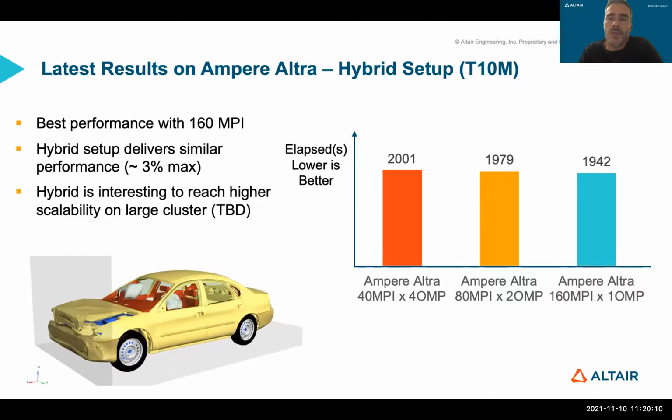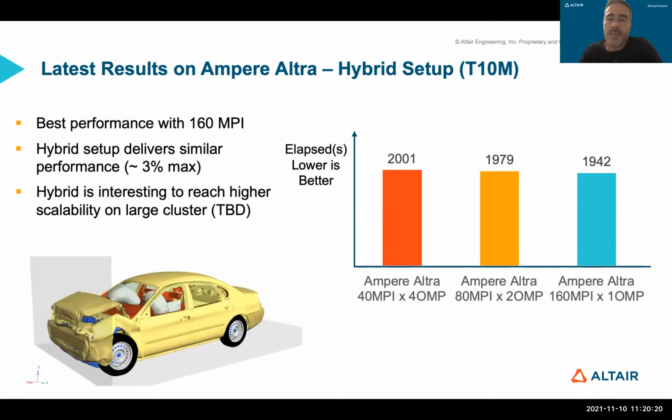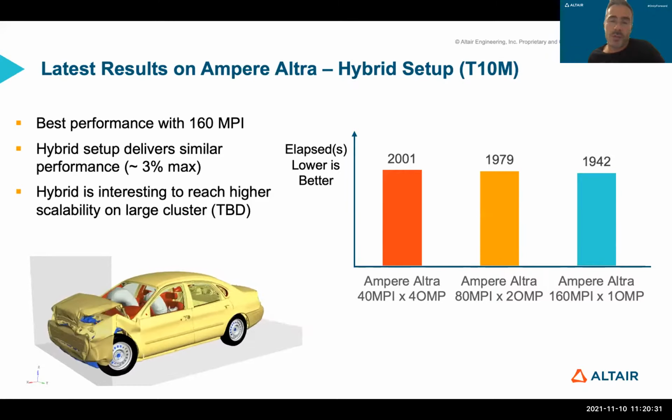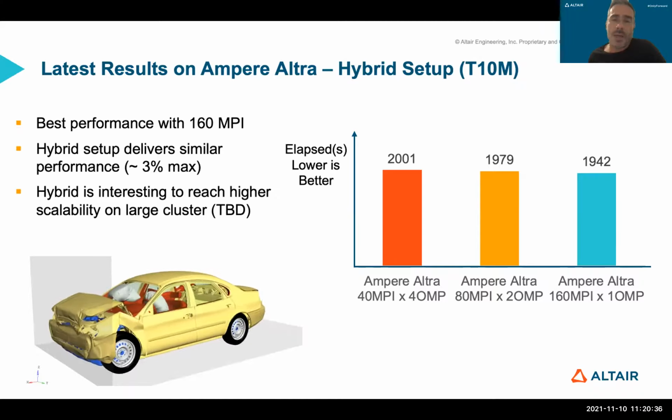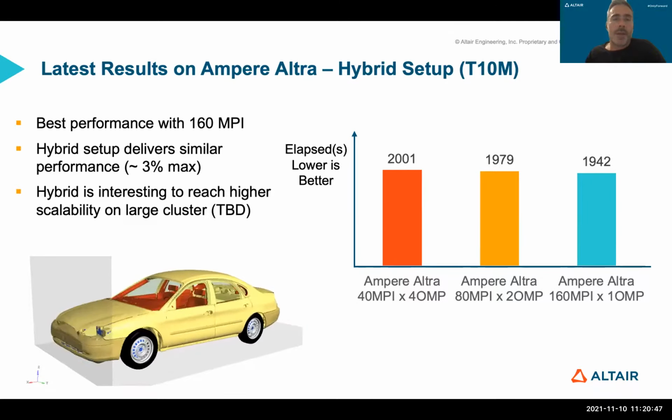And this is interesting because what we want to do is to run on more than one node. The fact that we are as efficient in hybrid as in pure MPI means that we can take advantage of it to reduce the number of MPI per node, so to reduce the overall communication when we run in multi-node. This is something that I hope we can test soon, to see that we keep very good scalability on multi-node and keep very good results on this platform.